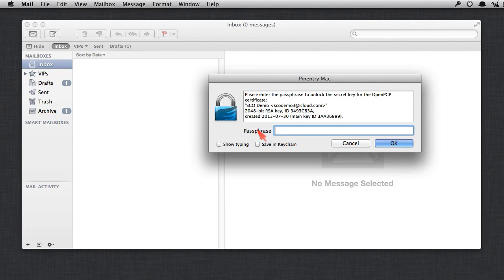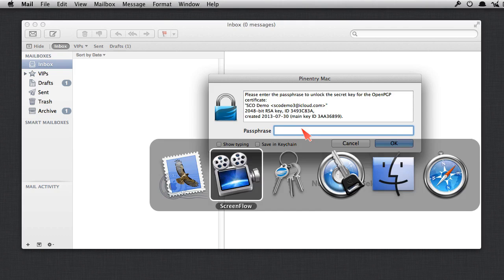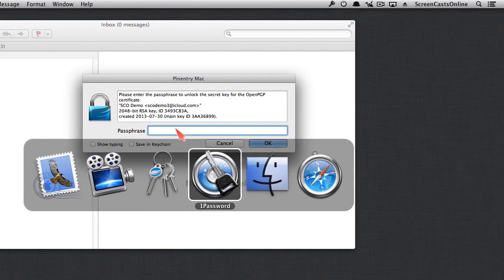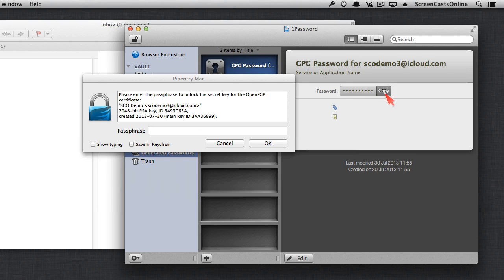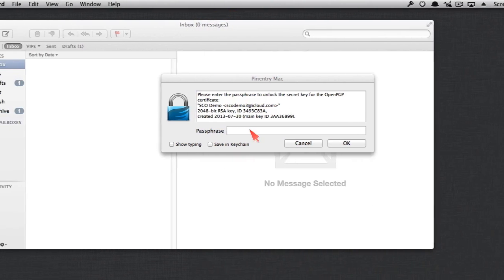First thing I need to do is enter my passphrase. And by the way, the passphrase can be a phrase. It can be a number of words put together, a small sentence. But I need to remember the passphrase that I set for this particular key, and that's over in 1Password. So if I go across to 1Password, I can just copy this from here,